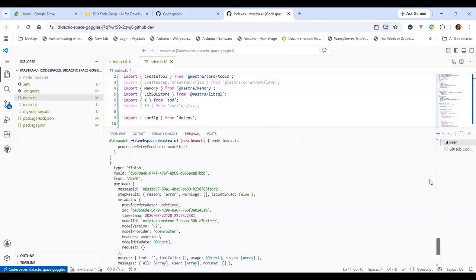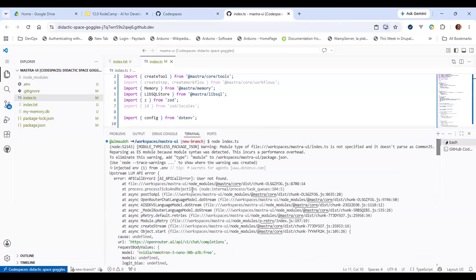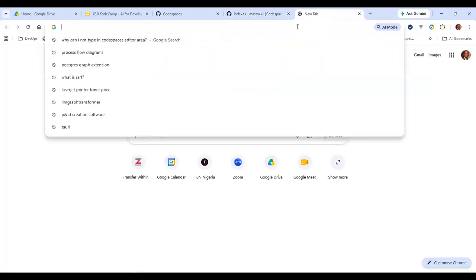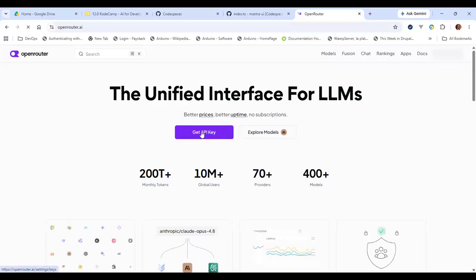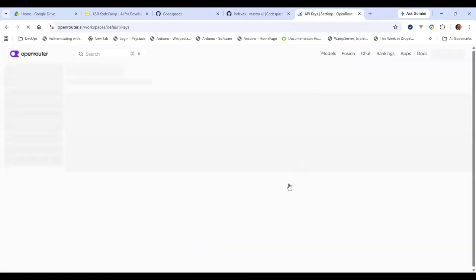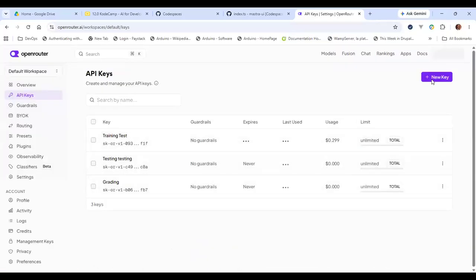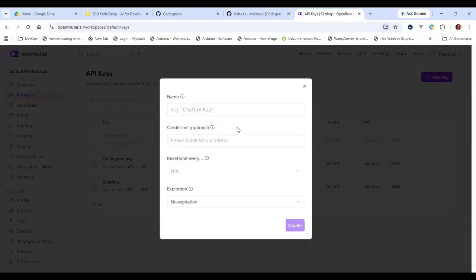Okay, so let's see what the error is this time around. It says user not found. What that means is that the API key I put in there has expired. Yeah, I remember it was an expired API key. So let me quickly go and get another one, an API key that will last for maybe just 1 day.